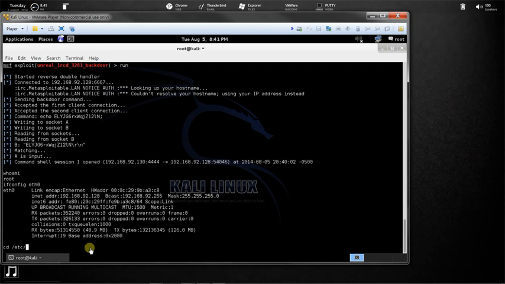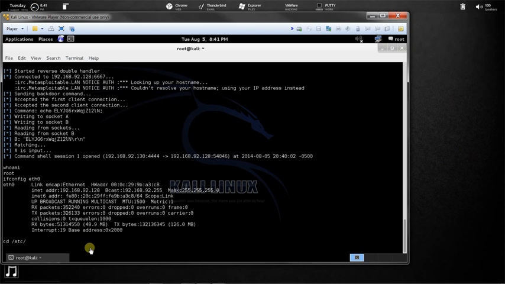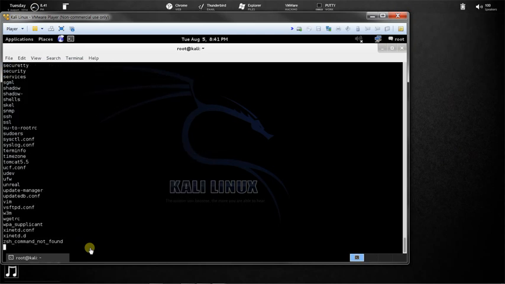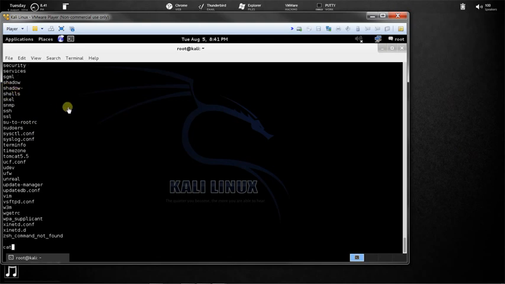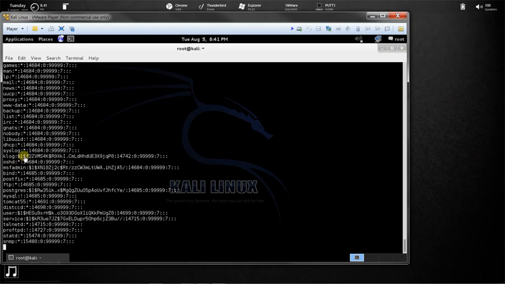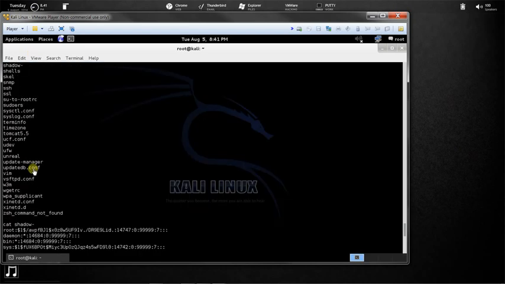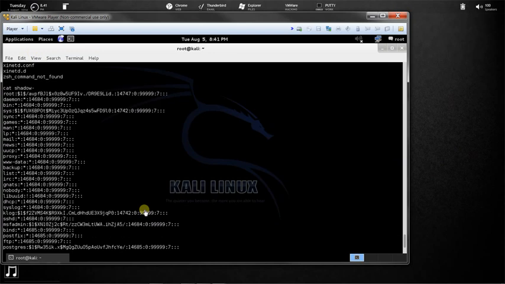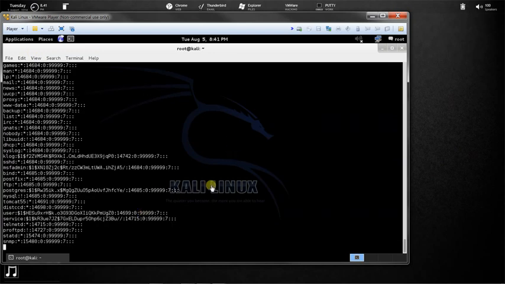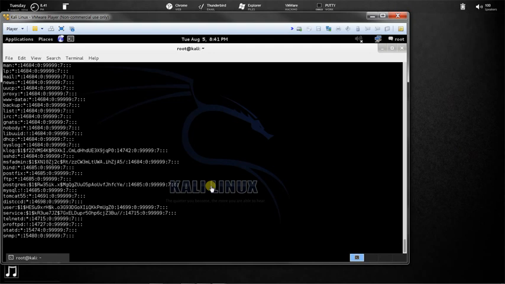Usually the first thing I do is go into the etc directory, and then you can list all its contents with ls and see there's a few text files that you can display using the cat command, and it'll show password hashes, which is really cool. If you ever get this on a live computer, you'll probably want to try to crack these passwords offline. So you can just highlight them all, copy them to a local text file on Kali, and then run John the Ripper or hashcat. But that's past the scope of this current video,